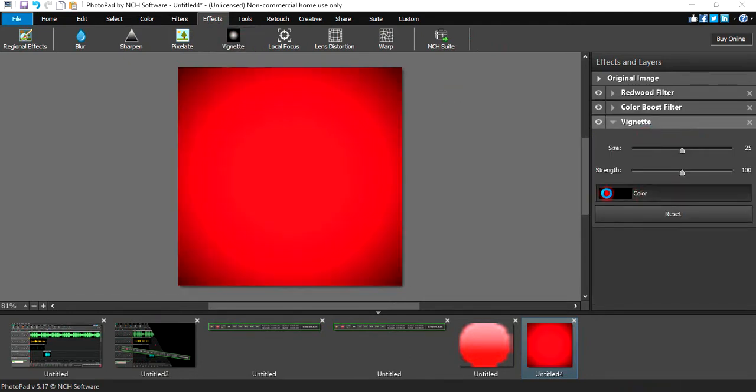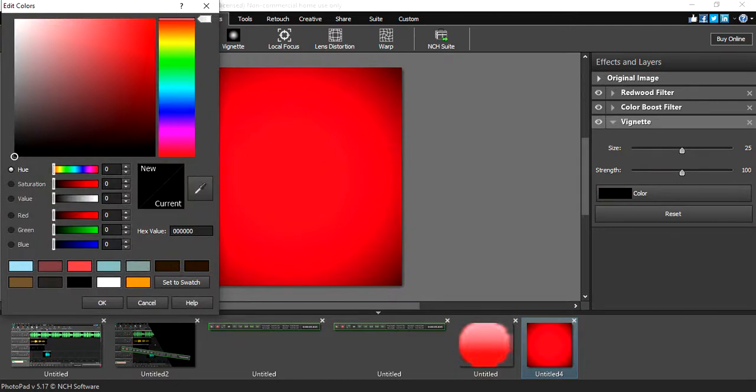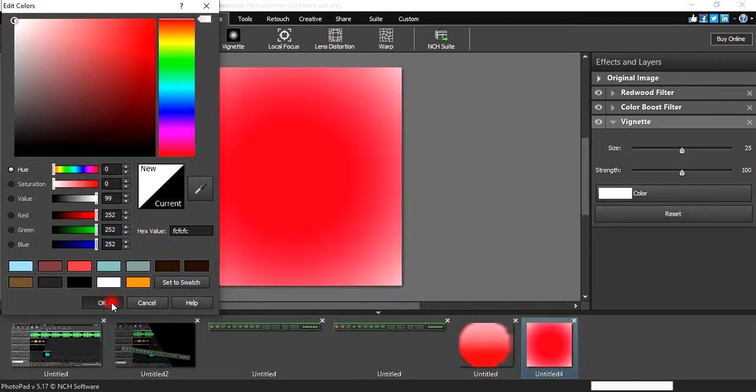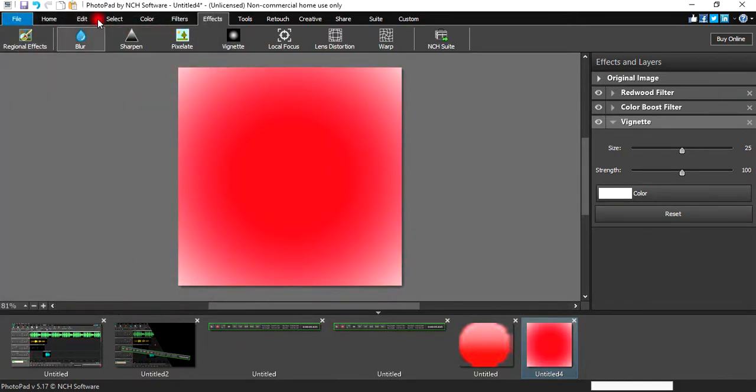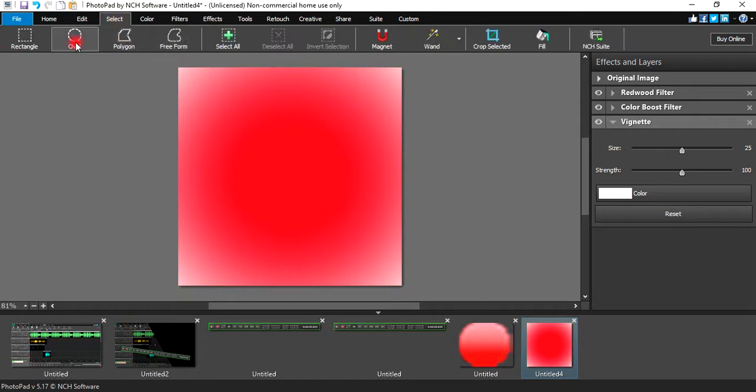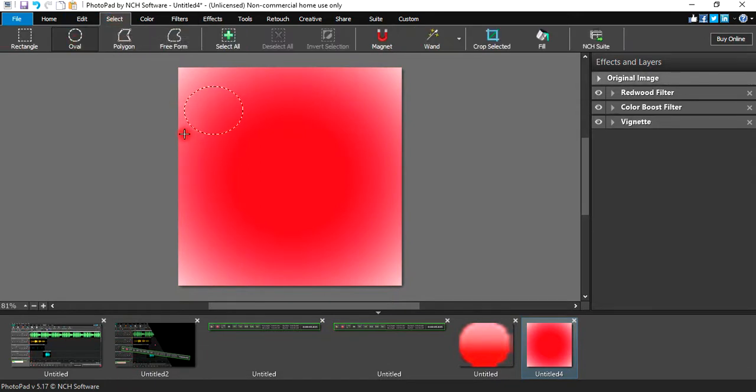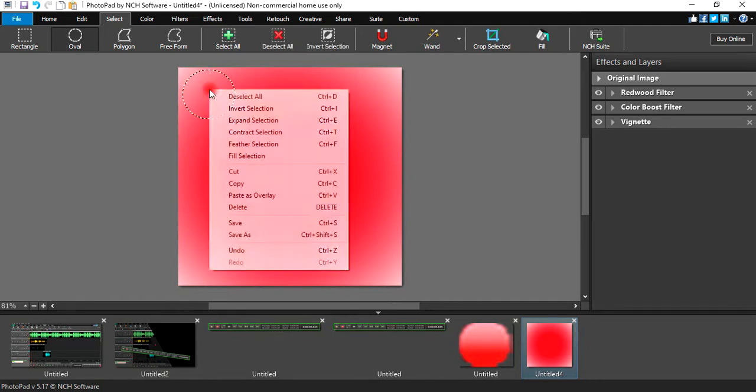Then I would love to make it to be white. Then you click OK. This is what I want. You go to your select. You go to your circle. Then put that way. Then you put a little bit closer to white because